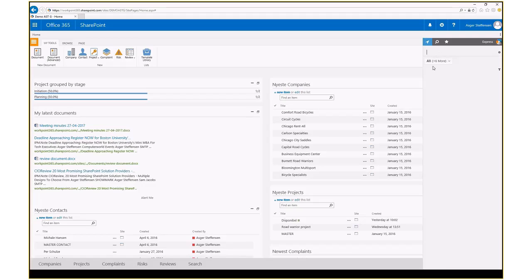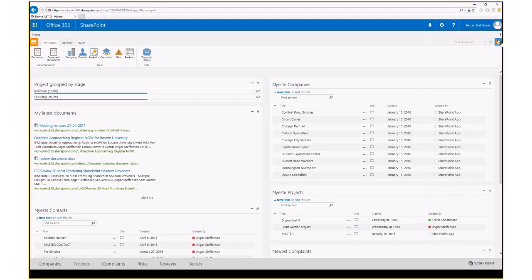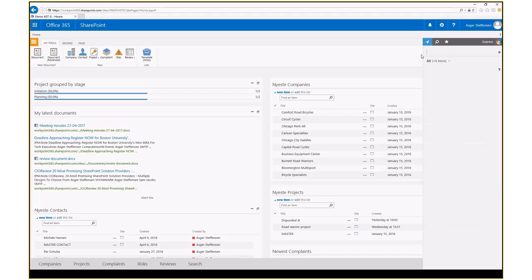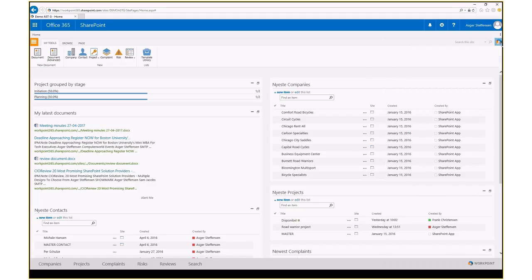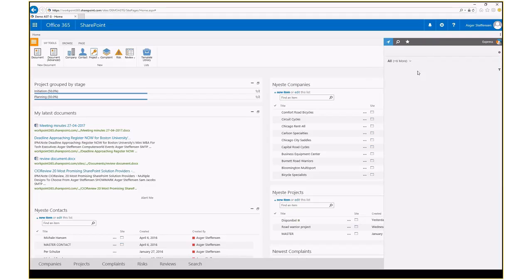One of the things that I personally find quite nice is that you're now able to change the size. So here you can now actually drag the width of the search pane, and it will remember this until you search next time. So that gives you a better view to search in. If I search for something,